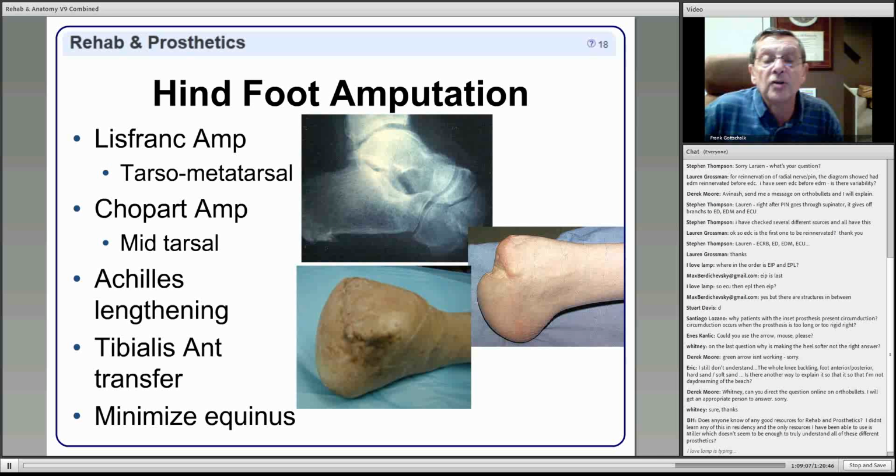And so here we have a similar illustration showing a Lisfranc type amputation in the upper radiograph and the right-hand